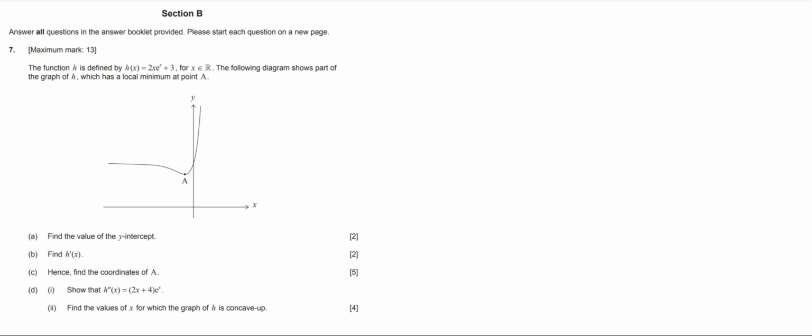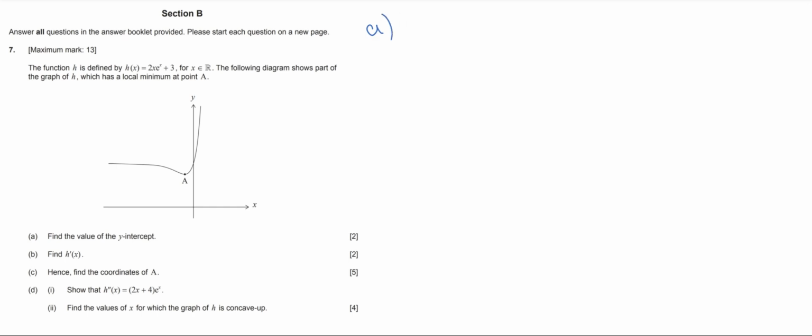So this is May 2023, Maths AASL Paper 1, Time Zone 1, Question 7. The function h is defined by h(x) = 2x e^x + 3, x is real. The following diagram shows part of the graph of h, which has a local minimum at point A. So part A of the question,